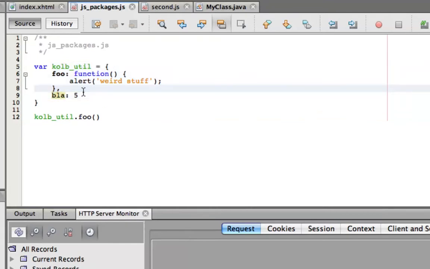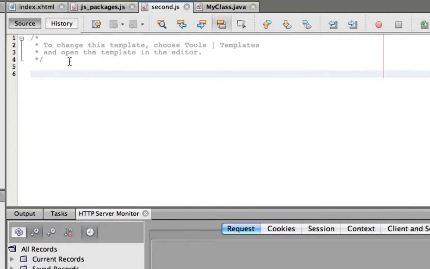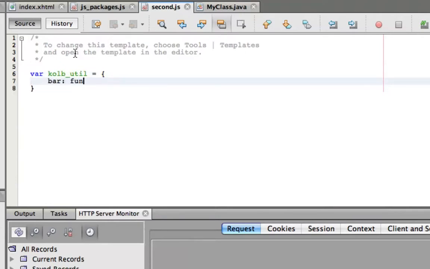But why is this approach insufficient after all? Problems come up as soon as you want to extend this namespace. Let's say you want to add another function, bar, but in order to keep your structures clean, you want to place the bar function in a dedicated file, but it should use the same namespace. Let's say here we have this second.js file, and when I start doing the same things, and now we have our bar function,